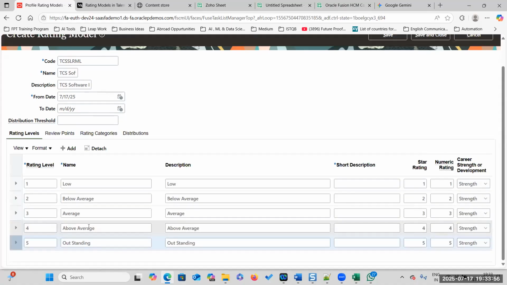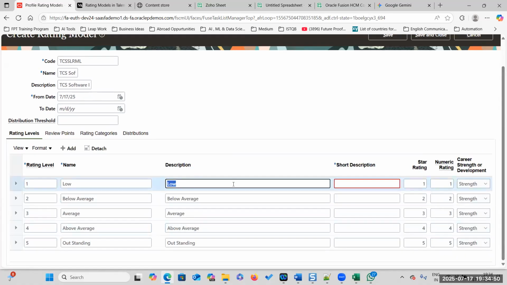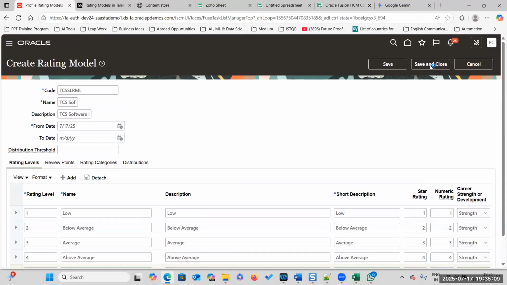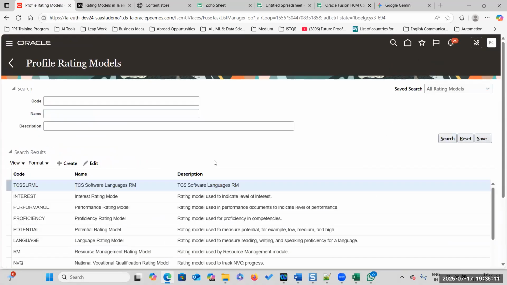Rating level above average, which is one. So now you understood the distribution, right? Save and close. So TCS software is a rating model we have created. Okay, now